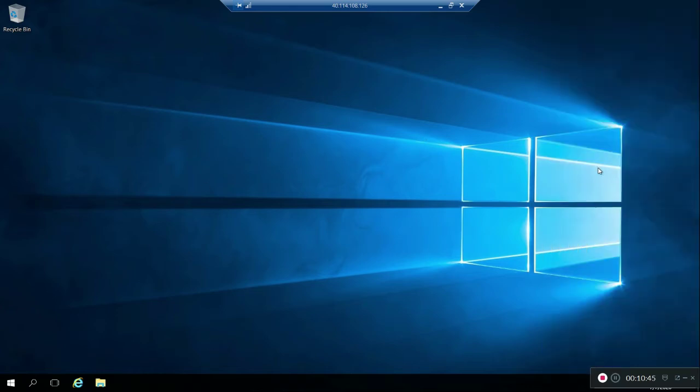Now we will try to create the IIS server within this virtual machine and access it from within the virtual machine and from our desktop. So now we will open the command prompt.